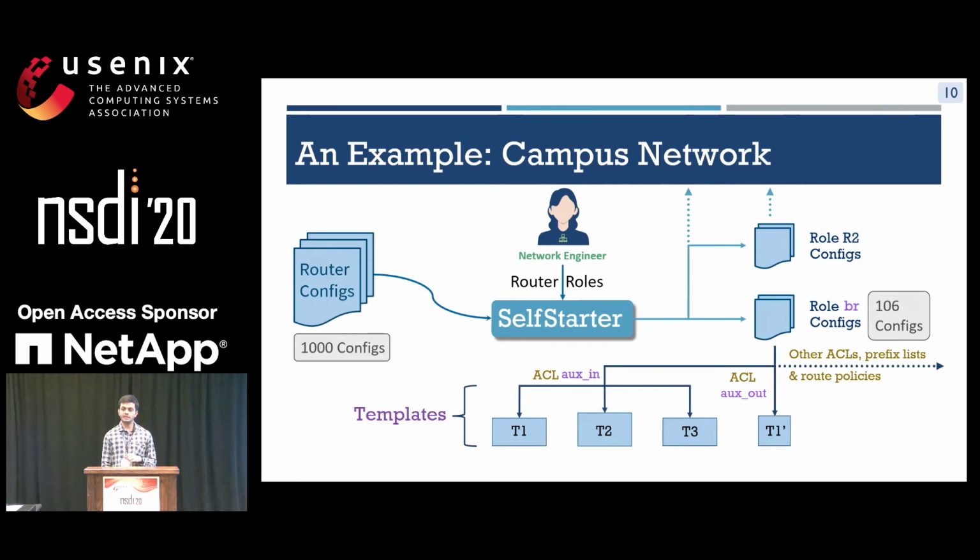For the auxiliary in ACL, SelfStarter inferred 3 templates from the 106 configs. And their group sizes are 88, 16, and 2. Which means that there are 88 routers which have the ACL X, which are instantiations of the template T1. There are 16 routers which have the definition of ACL X, which are instantiations of the template T2. Similarly, the 2. And although by this point, we know that these 18 routers are outliers based on the template